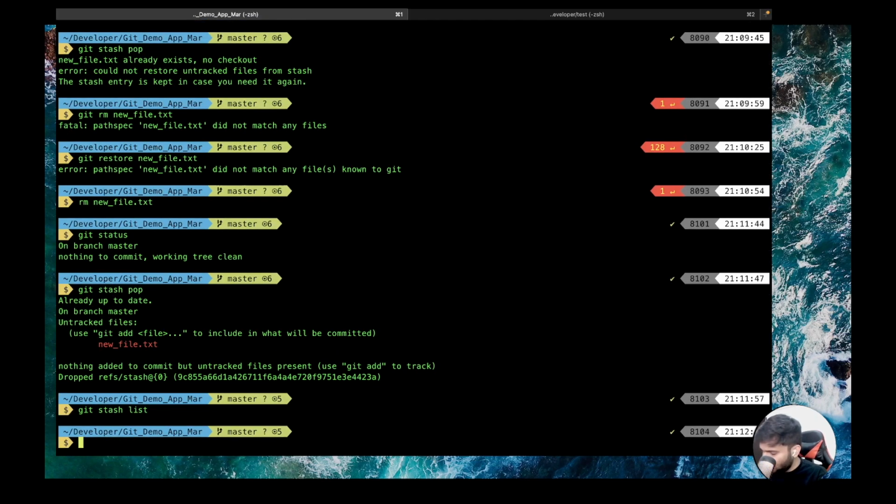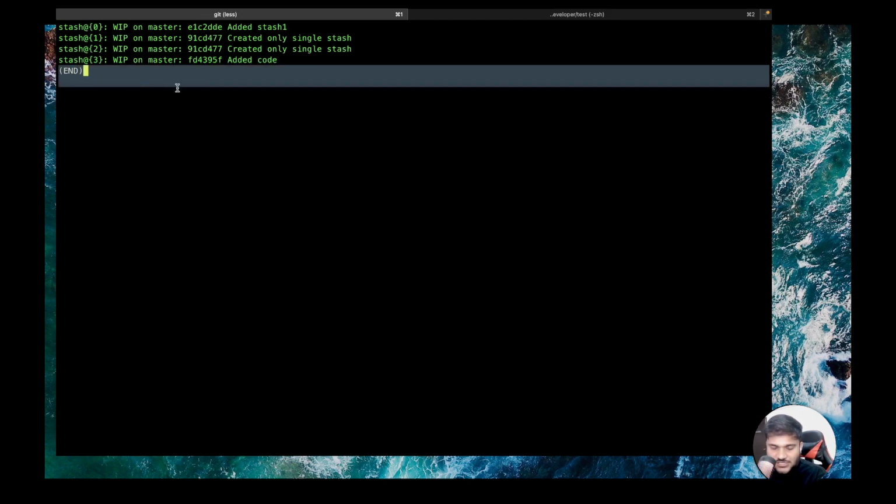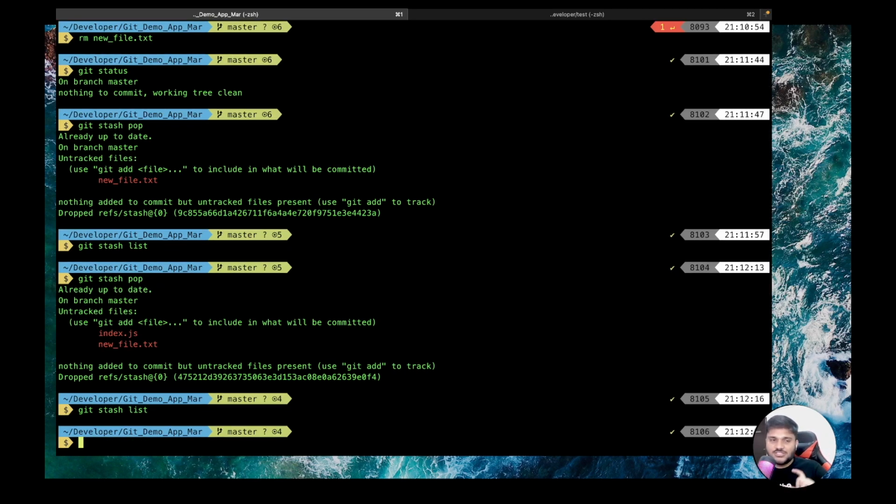If you do git stash pop again, now you can see index.js is also back and your 4th stash is gone. So if you want to apply the changes of the stash and immediately remove it also, then you can do git stash pop, right? Now let's say you don't want to apply the changes and you just directly want to remove it. If you want to remove the last stash, you can do git stash drop.